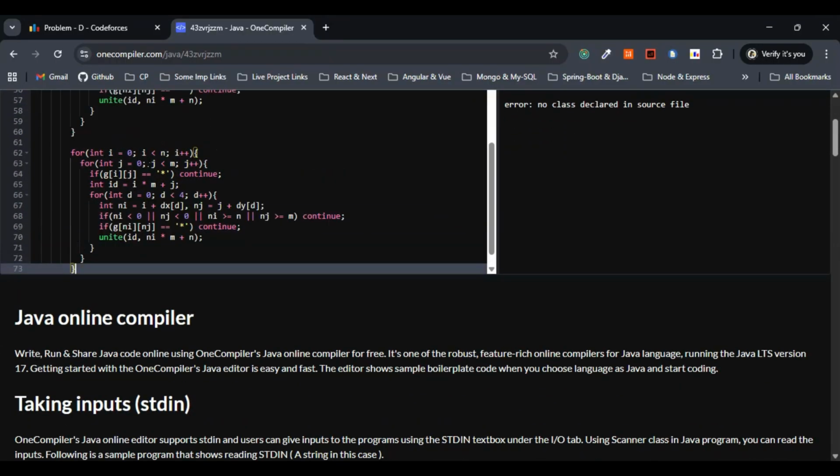Yeah, this one remains the same. I equals 0, I less than n, I plus plus. So this is fine. J equals 0, j less than n, j plus plus. So again, we'll be going with if g of ij equals, yeah, this also remains the same, right? So we'll be checking with star, right? So for each star cell, we will be going with